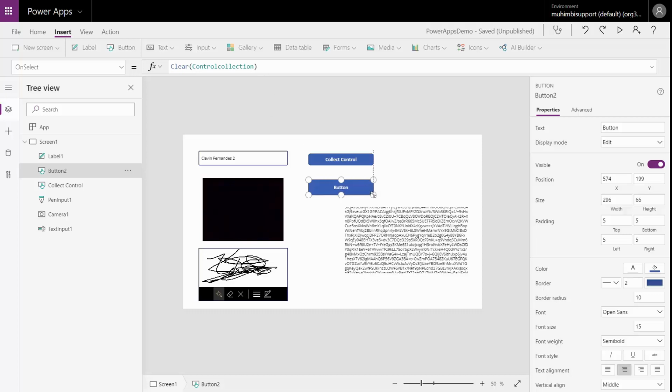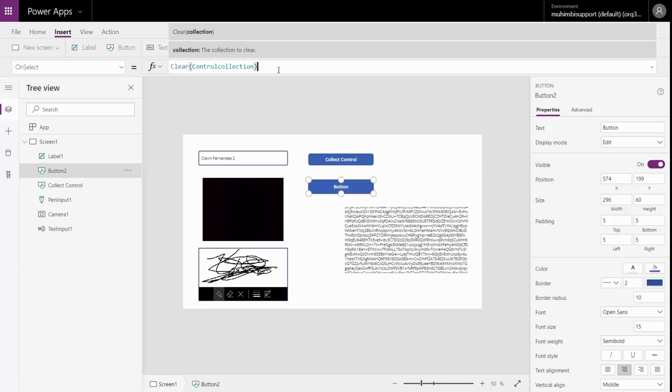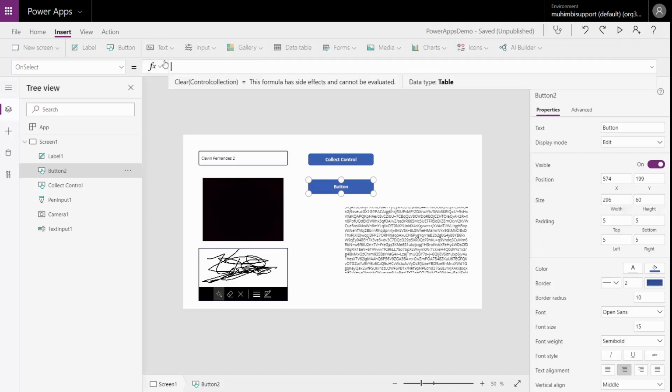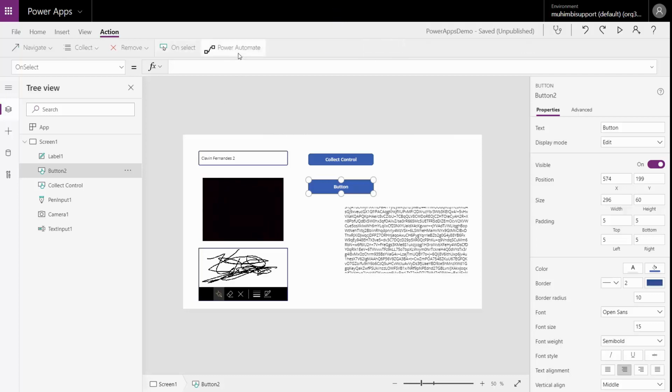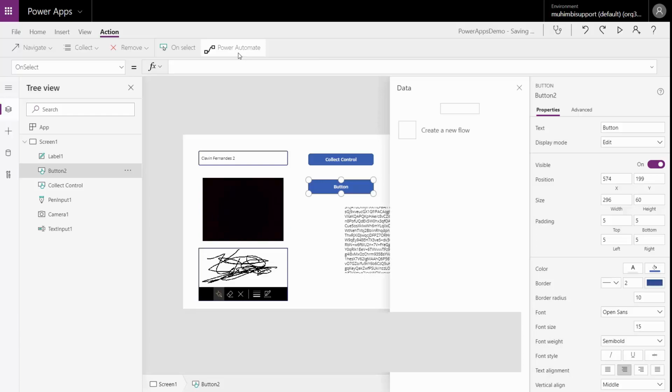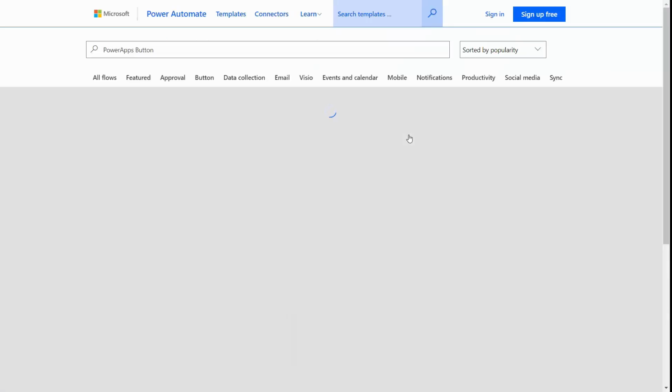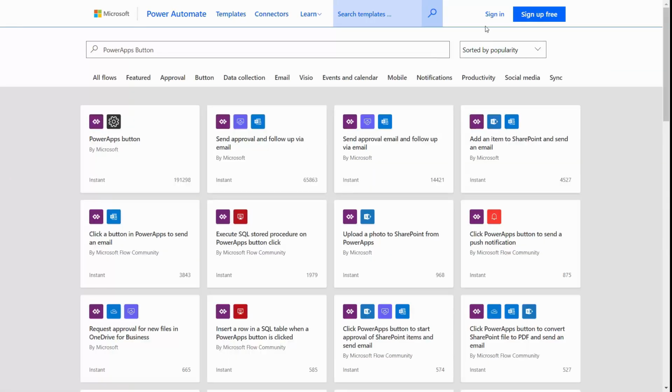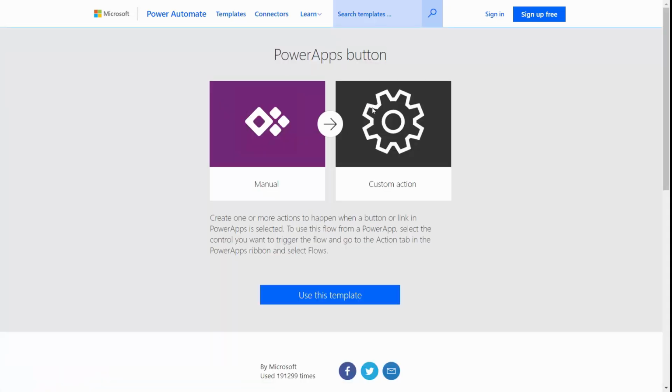So now that we have our values in a variable, let's use the second button to churn out these values into an HTML file. I'll clear off the function that we associated with it, then click on the actions menu and click on Power Automate. In Power Automate, I'll create a new flow. This redirects me to the flow screen. I'll use the Flow Apps button and I'll sign in. So I'll use the flow